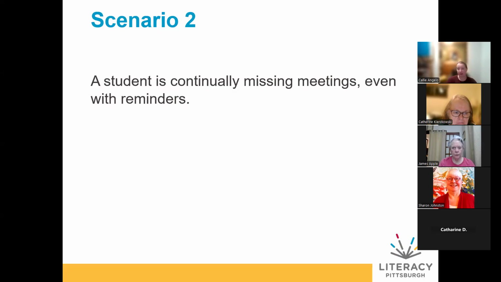Sometimes that reminder has to come in the form of a text message direct from someone and have that weight of social expectations in order for it to have the respect that it needs, but that can be an effective intervention. I guess it does say even with reminders on the slide, huh? This is likely going to be a scenario where you will come up with something and then come back to it.